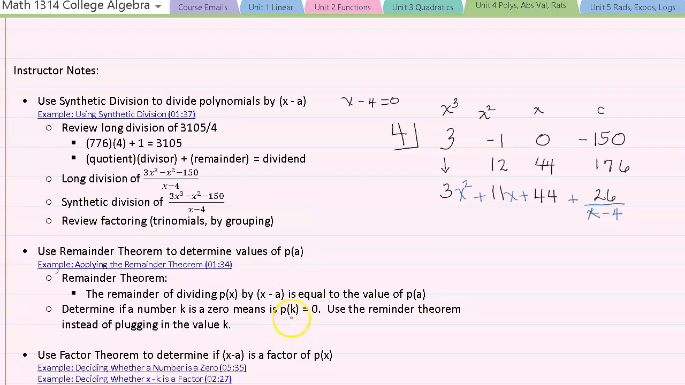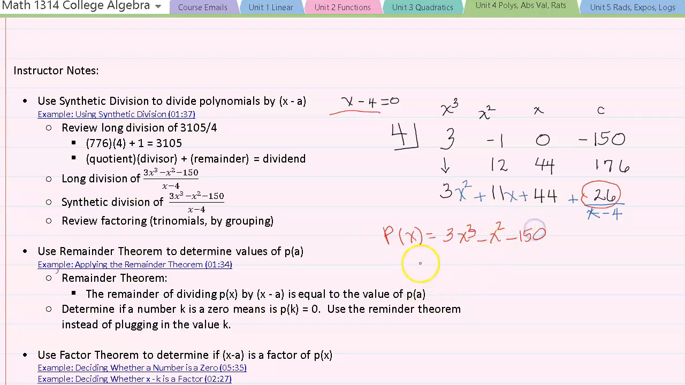Now I did this problem to show you a couple of things. One thing we found was that we can now quickly divide polynomials by factors that are in the form of x minus a. The remainder theorem states that the remainder you found when dividing is equal to plugging in a into our polynomial. In other words, if our polynomial is p of x is equal to 3x cubed minus x squared minus 150, we can plug in 4, which is the number that we used in our synthetic division, into